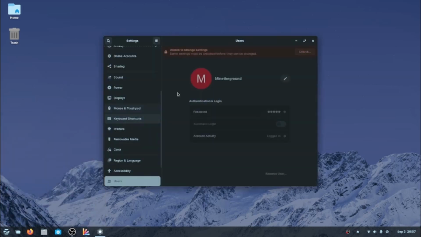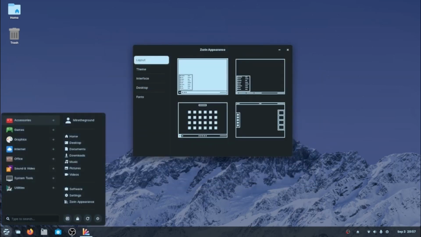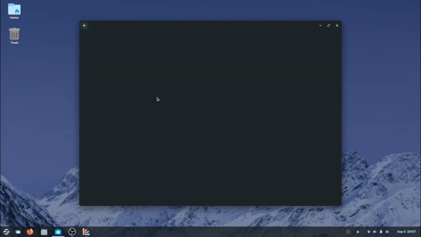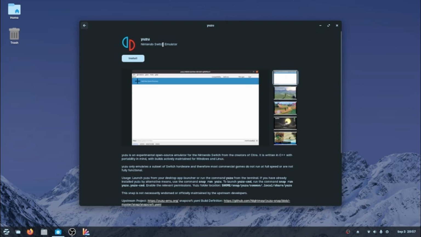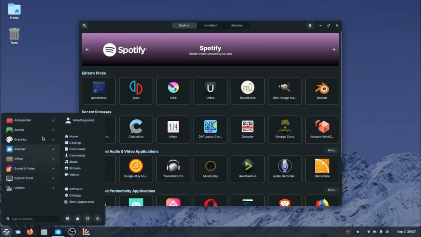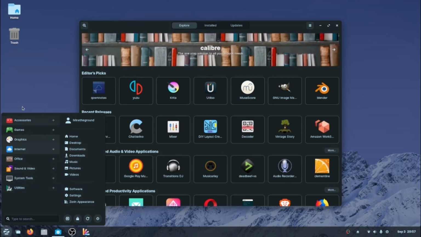You can access your user account from here, and then there's an app store, and it even has the Nintendo Switch emulator. But yeah, I might start using this